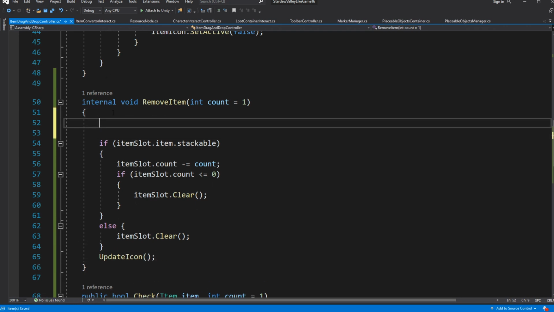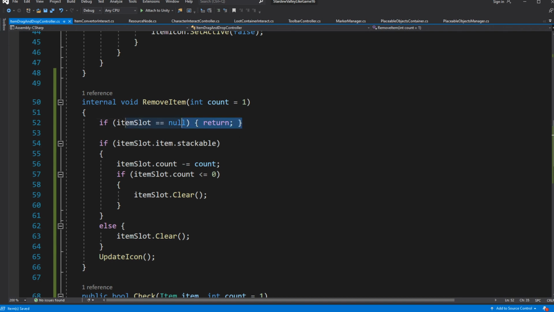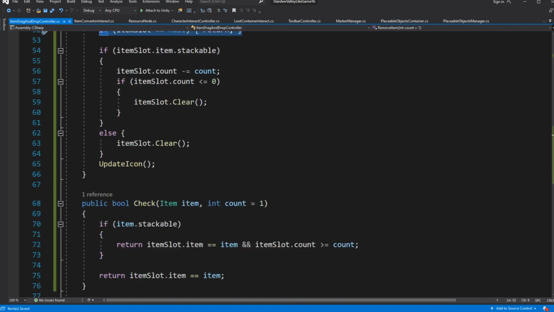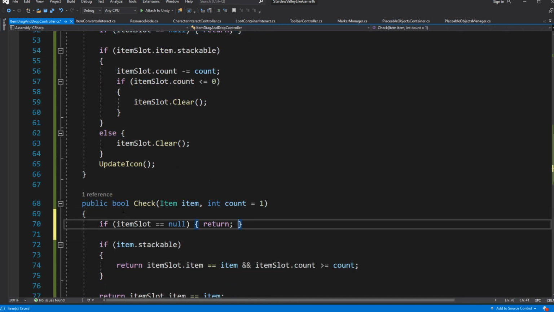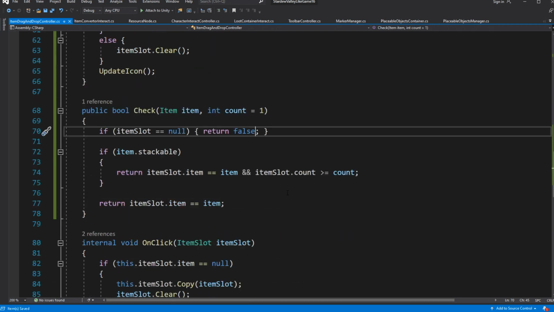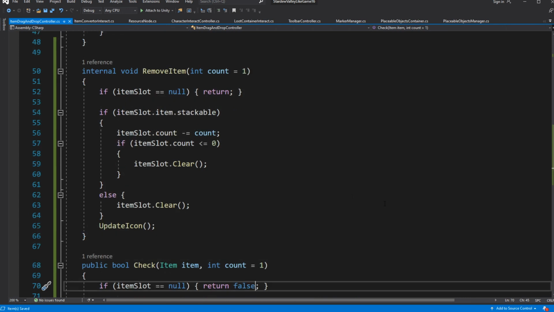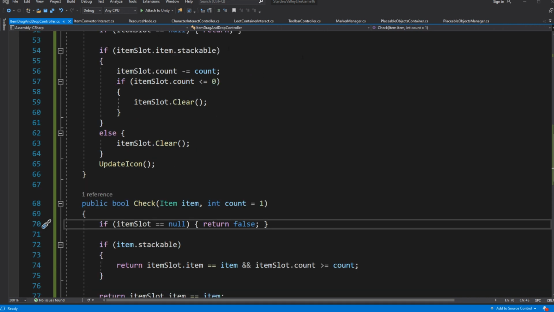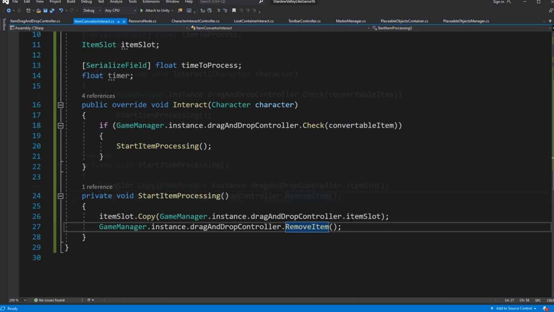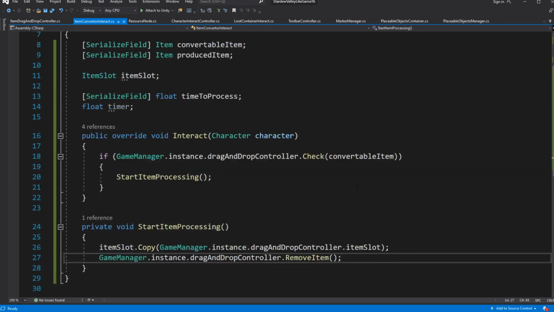Before we continue, let's add exit gates in the case we have no item in the item slot. Then inside the Update, check if the item is not null and the timer is more than 0.